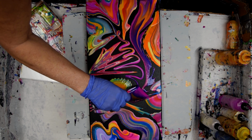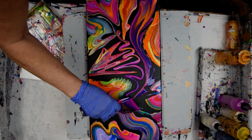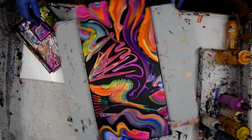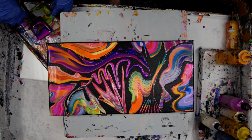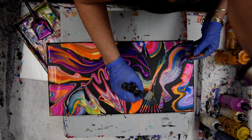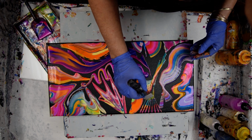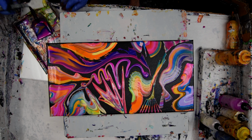I use GAC 800 by Golden in all of my paint mixtures, so I can leave my paint heavy if I want to. And I think I'm stuck with whatever I've got left, and that is that, with the exception of me wanting to grab a Princeton Art Tool Catalyst spatula and some of this green paint, because it looks to me like this should be a flower base. Right here. There's nothing to keep me from using that Princeton Art Tool Catalyst spatula. Yeah, that's cool. To grab a little more